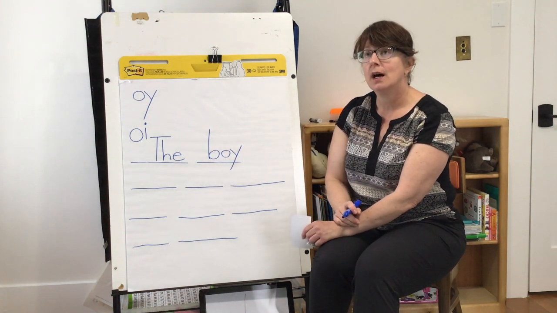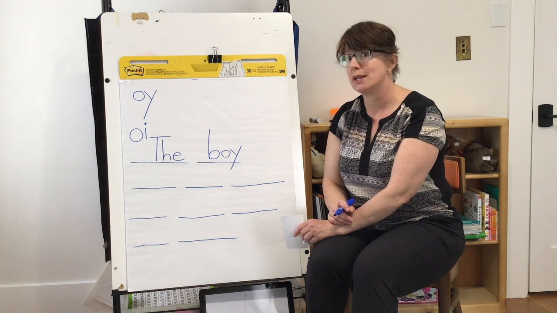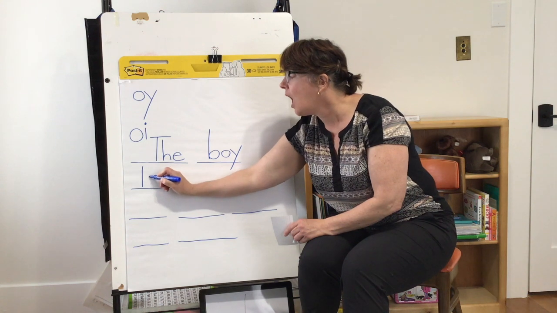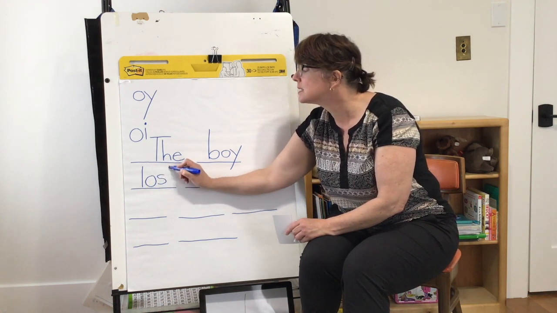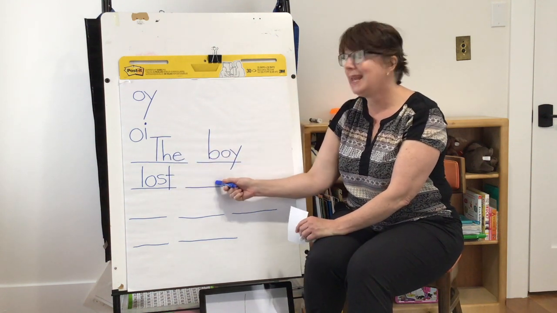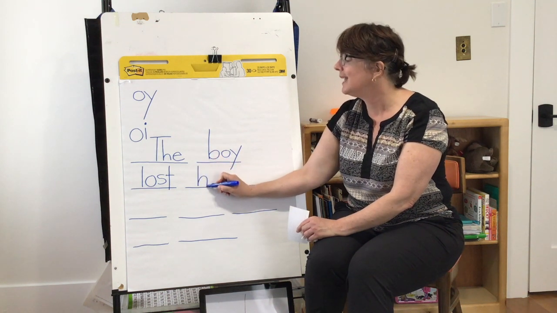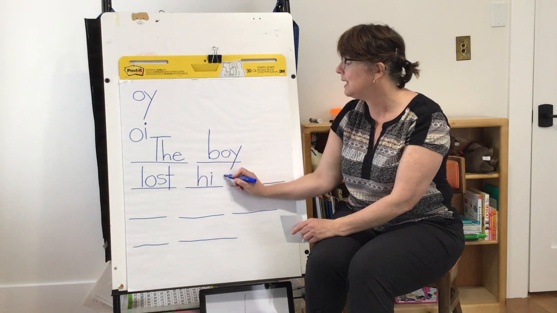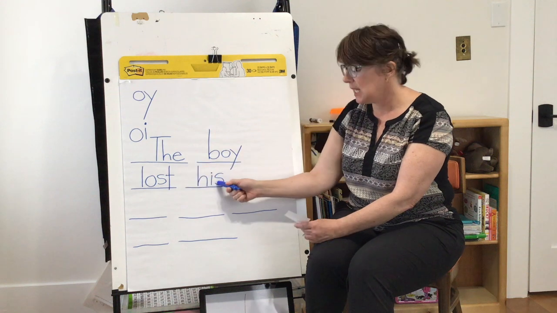lost. I can hear all the sounds in lost, so I am going to stretch it out as I write it. S, t. The boy lost his. Is. I know how to write the word is. Easy. Is. The boy lost his